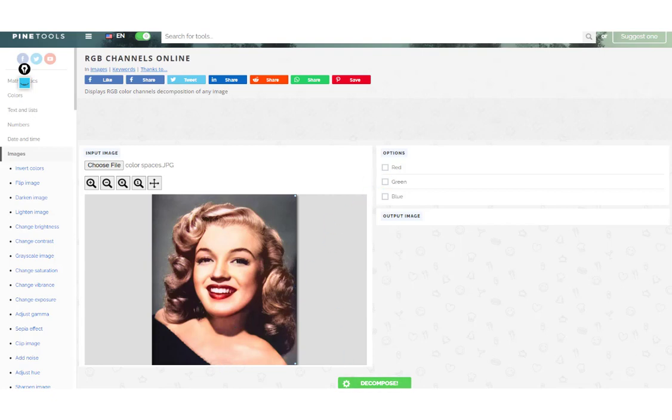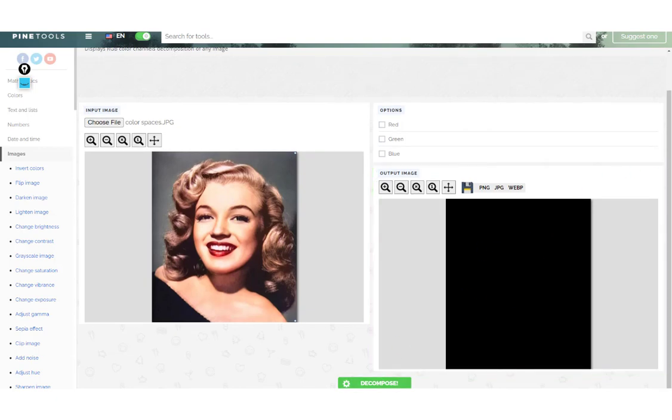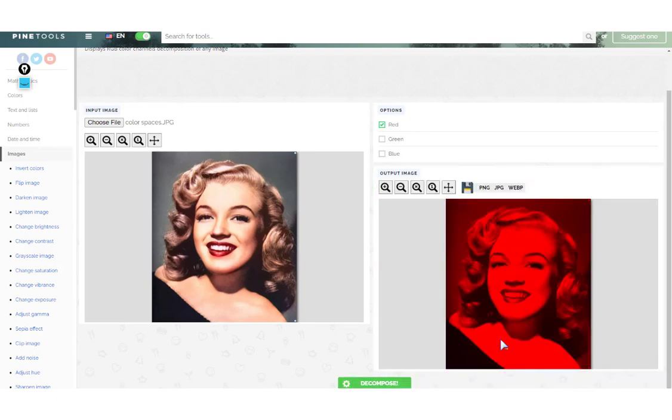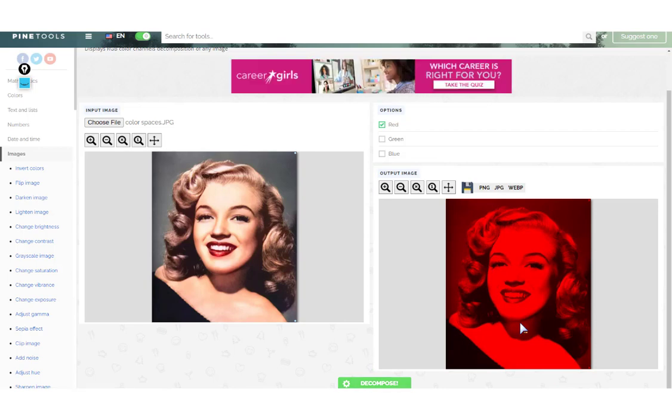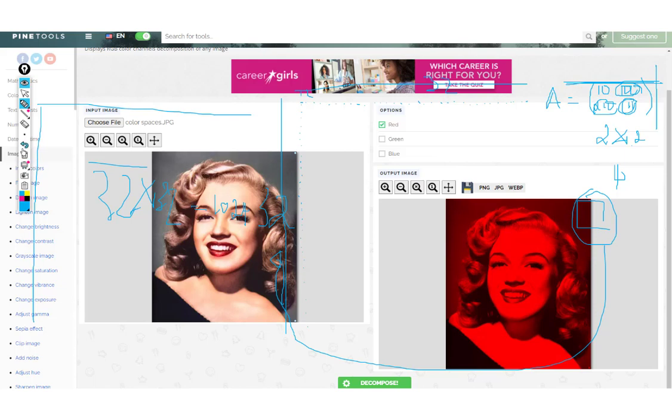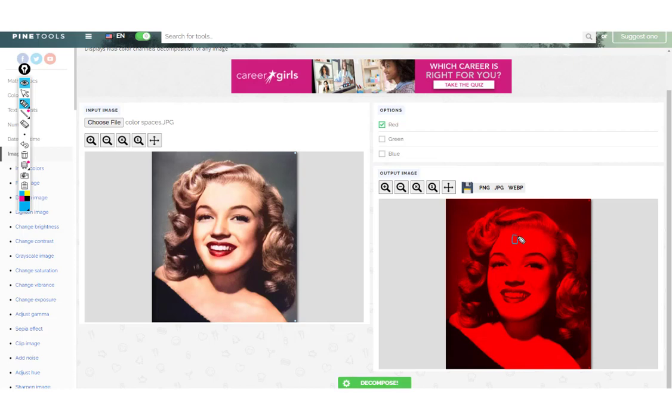So here you'll notice that we were trying to decompose this image into its different channels. So each pixel, as we said, has 3 different channels, and then we could decompose this here. You see we have this output right here. Notice that we have just this blank output, because we haven't selected any of the options. So we select the red and we decompose, and guess what we have? We have this image where we're going from either a completely red pixel to a completely dark pixel. So let's have this here and take this off. Okay, we're going from either this completely red to this completely dark, or from this completely dark to this completely